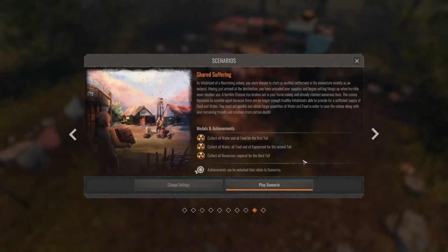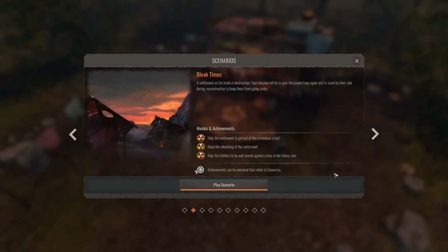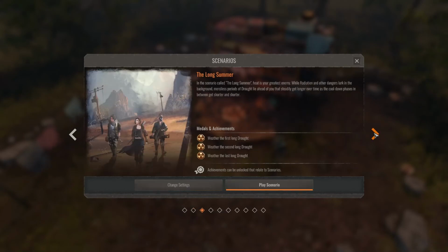Shared suffering. We're going to be taking a look at this one today because I consider it to be one of the more challenging scenarios. Last time we did bleak times, and I hope that one helped you out with a few tips and tricks. One thing I noticed is that this one is pretty default because they need the map to be exactly the same. However,